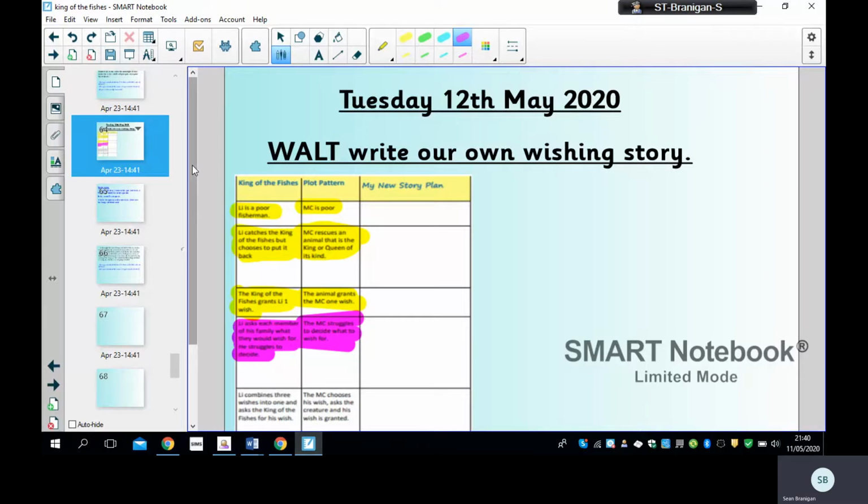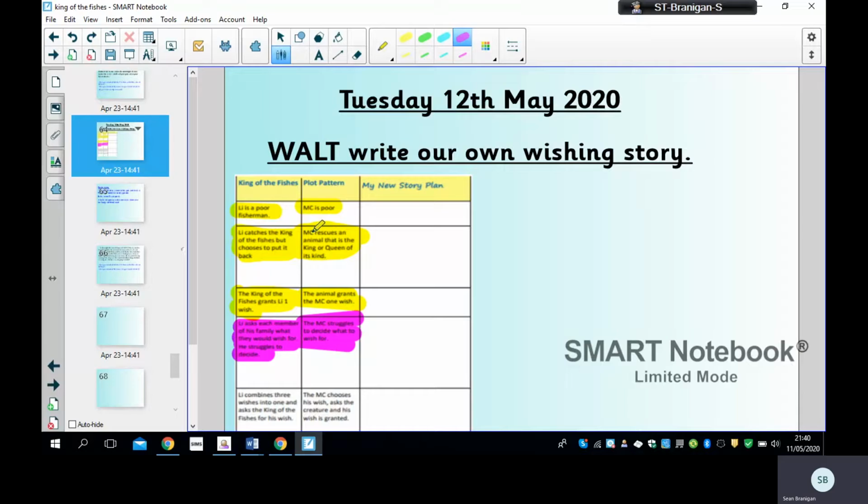So, Tuesday the 12th of May, we have introduced our character and they've got a poor background, and we've told the reading audience what job they do. Then our character has caught a king or queen of a species of a kind, and in return the king or queen of the species has granted one wish to the character.